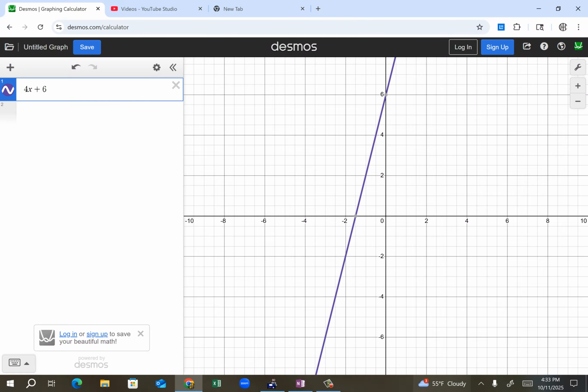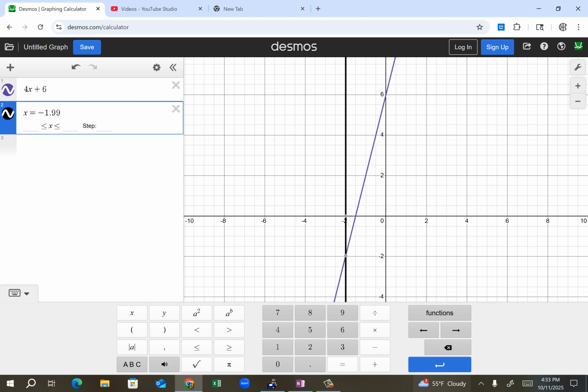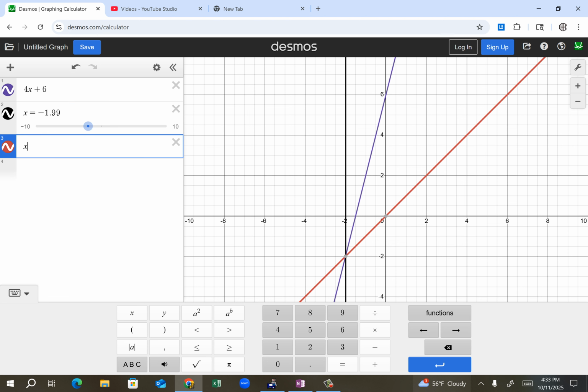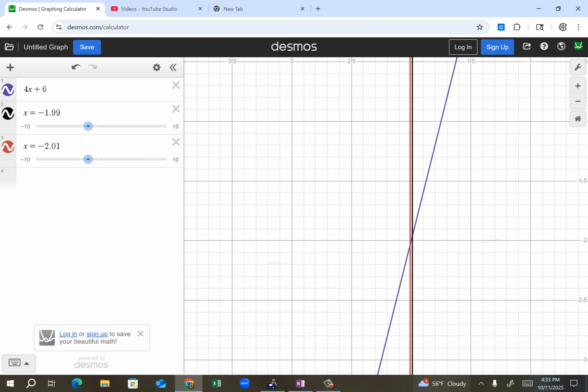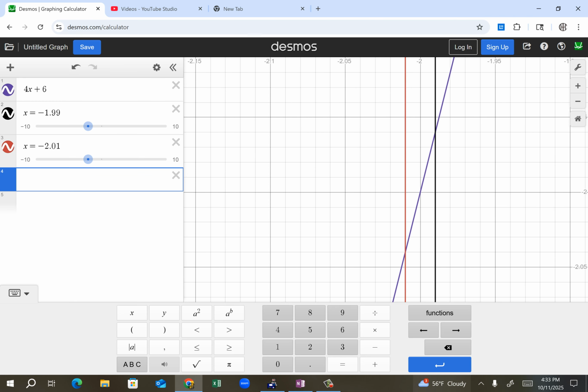Now, Groom wants to do x equal negative 1.99. And x equal negative 2.01. Well, that's cool. And if you zoom in on those, you're like, oh yeah, they're a little apart from each other. That's hot. And then let's hypothetically say, let's go y equal negative,